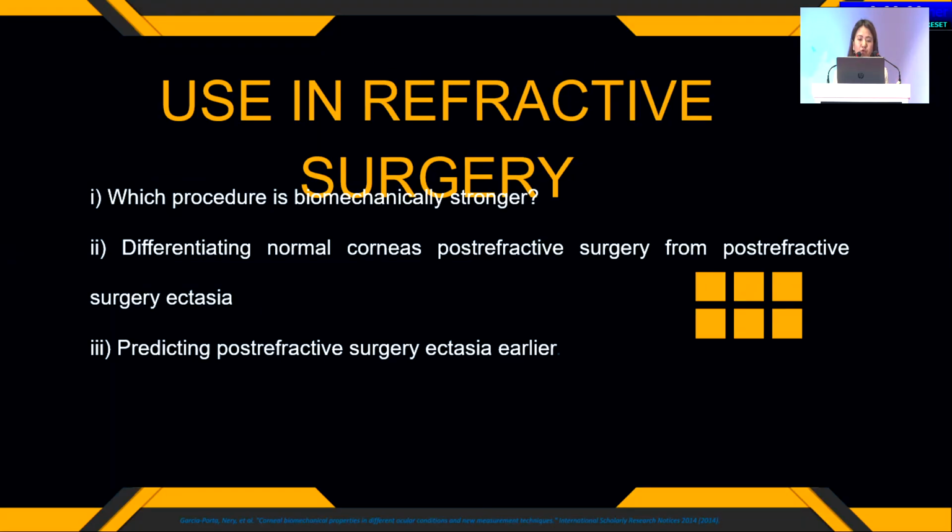So, what's in store for us as refractive surgeons? It helps us decide which procedure is going to be biomechanically stronger, and it helps us differentiate normal corneas post-refractive surgery from post-refractive ectasia. It also helps in predicting refractive ectasia at an earlier stage. As we know, according to studies, biomechanical changes appear earlier than morphological changes, so they always precede them. If we can catch the ectasia at an early stage, we can prevent further deterioration of